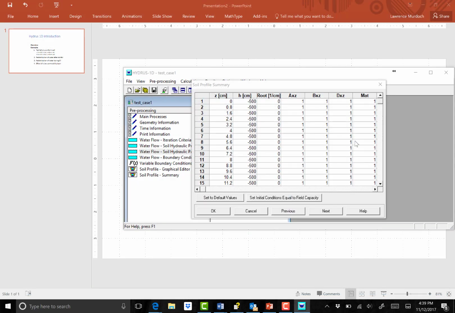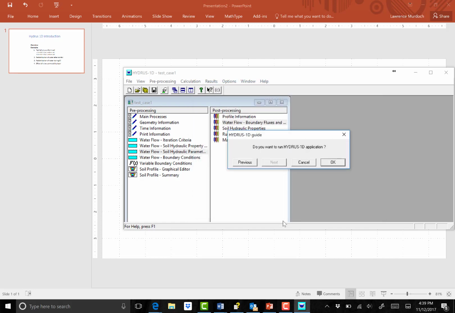And now we go here and we can just check. See, here's MATE, that's the material, and if we scroll down, yeah, so right there under Z of 20, you can see we switched from material 1 to 2. Okay, so that verifies that we've made the change the way we wanted to, and we'll hit next,